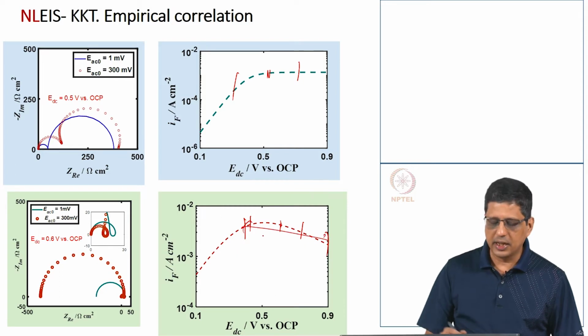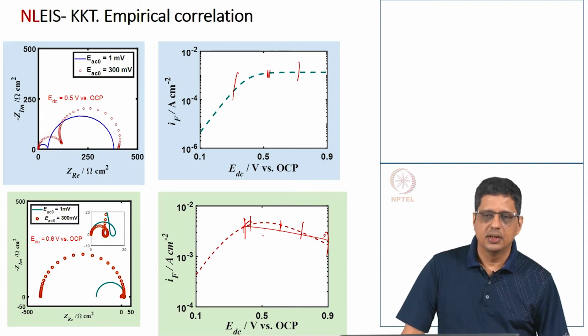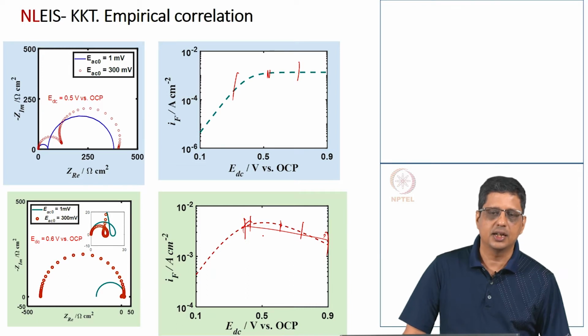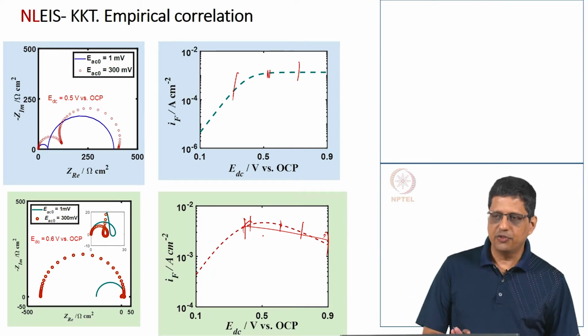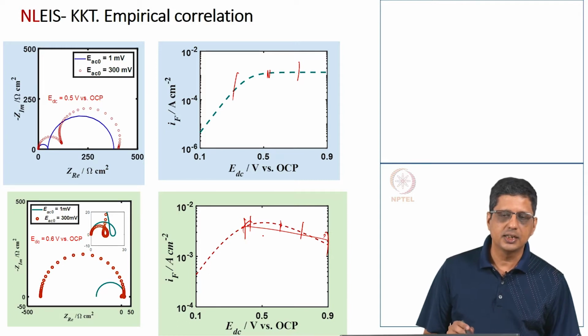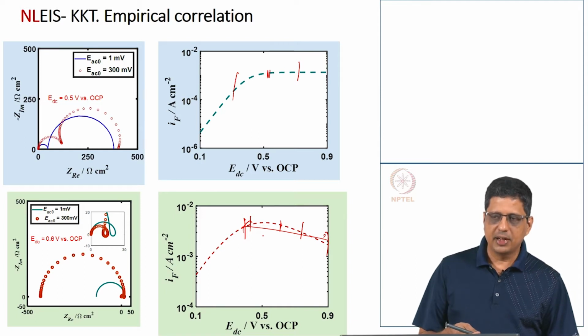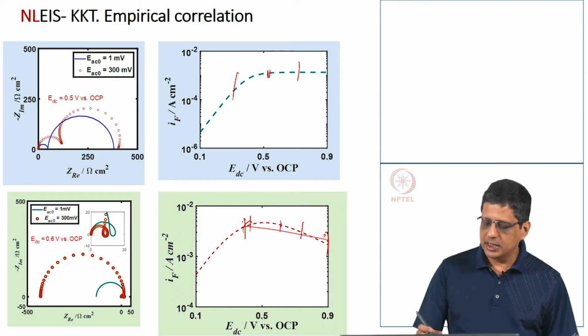it is non-linear. So, the hypothesis is that whenever log I versus E is non-linear, KKT by integration can detect the non-linearities. If ln I, or natural log I, versus EDC is linear, then KKT by integration does not seem to detect it, and even linear KKT detects it, but with less sensitivity. Okay. We had tried it for a few more sets of kinetic parameter values, and in all cases it seems to work. So, based on this empirical study, we think this is true.